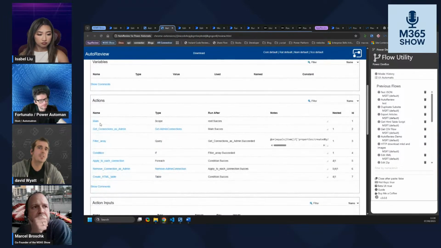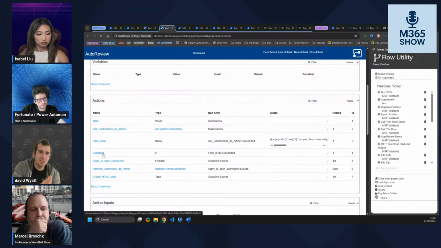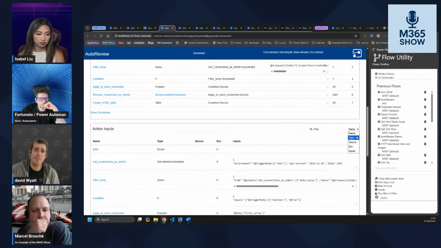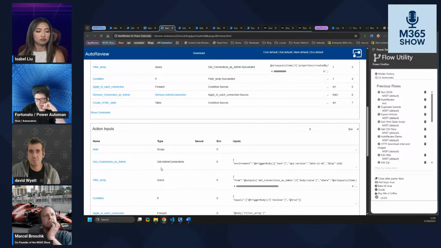Then we look at our actions, so I can see things like the naming convention. What does condition mean? I would want my naming convention to say condition has this or whatever it is. So we keep what it is, but we add a name to make a reference. So again, I can straight away see that this is not following good naming convention. It's got challenges there. I can quickly look in here to see, does everything have an environment variable that it should do? So if I want to filter here, this will filter everything by environment variable. And I can see here, well, this get connections admin isn't using environment variables. Is that an issue? Actually, no, it's fine.